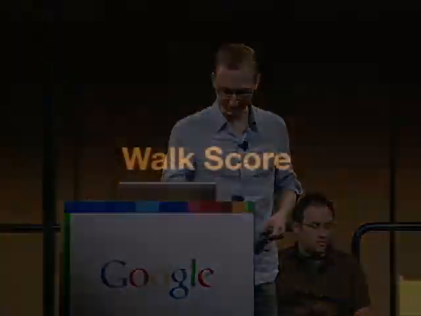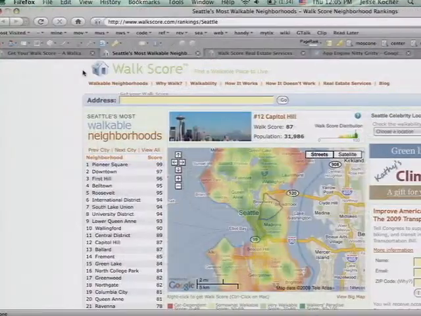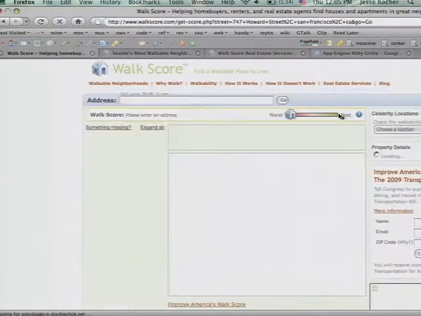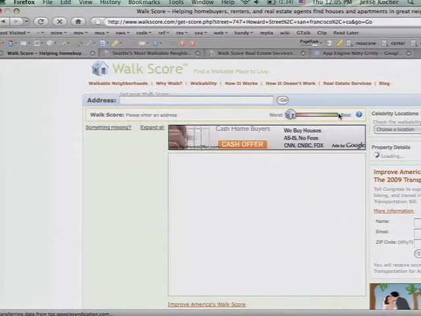So on to WalkScore. WalkScore is a website that lets you measure the walkability of any neighborhood in terms of access to amenities. So it's how much can you do without getting in a car? I'm going to give you a demo really quickly of the original WalkScore website. It started out as a Google Maps mashup. So I'm going to search here. You can search for any address. I'm going to search for the Moscone Center address, so you can see if our network cooperates.